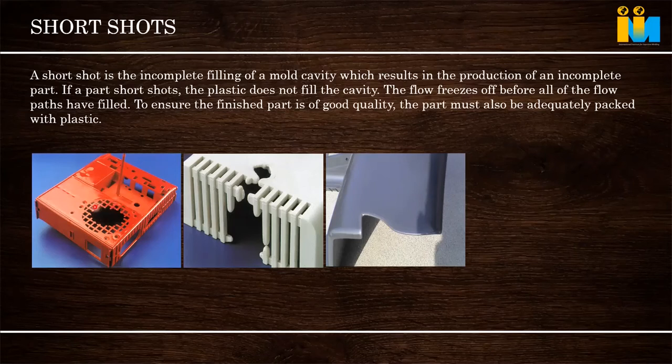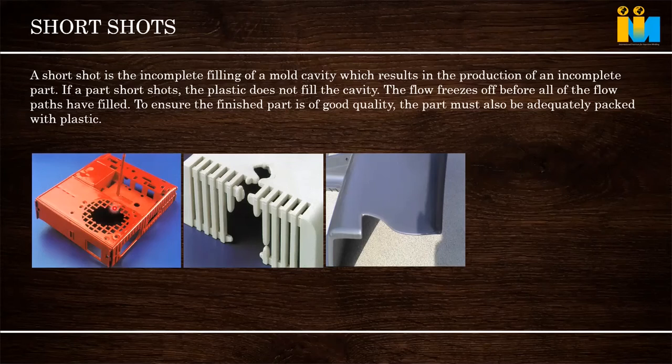But what happened? This area has already frozen. These ribs are so thin, they have already frozen. Then plastic will not go inside at all. Whatever we do, even if we increase the gate size, this is not going to fill. The only thing is to modify the product design. We have to increase the thickness in this area, so that the flow happens through here itself, fills, and goes to the end of the fill. This area should not be the last point to fill. This is how we have to modify the part.